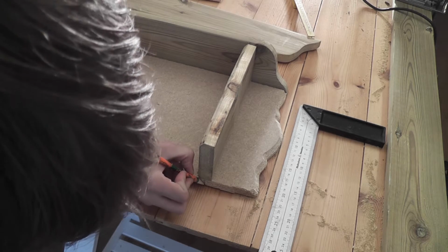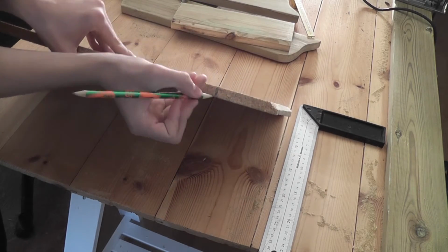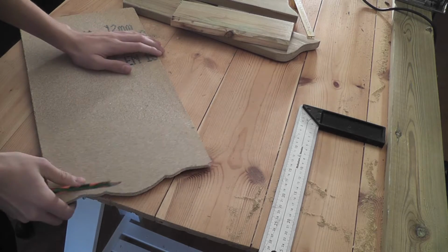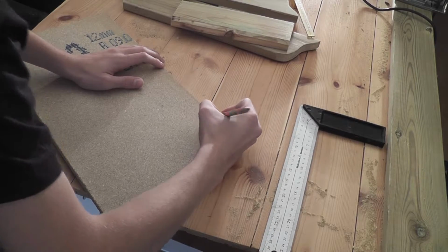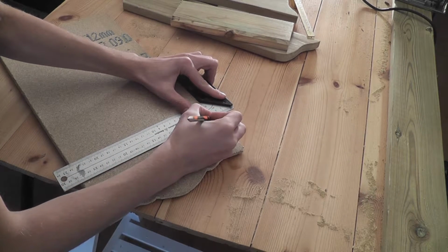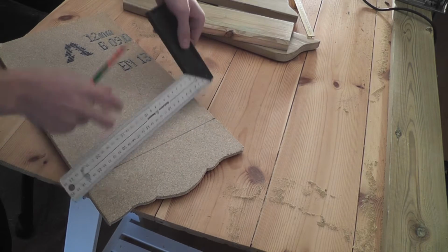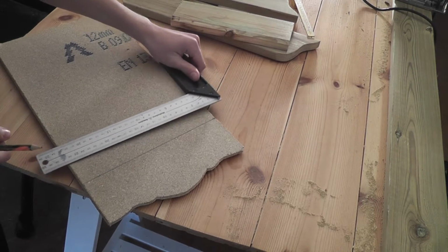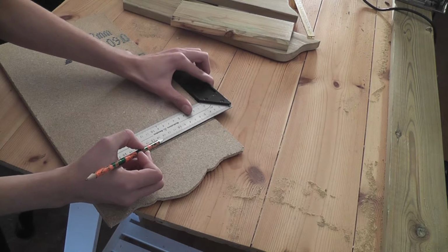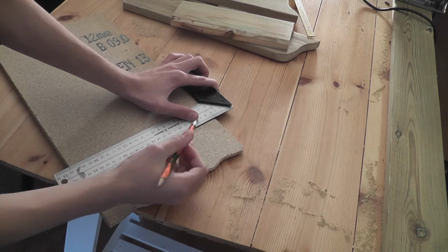I don't know if it's visible on camera, but let's hope it is. Then I got the line here, and I draw that in on here. I just have to check the camera that you saw. I think you can. And then we use this angle to draw this line across. You put this black edge here in the inner edge, align it up with the edge of the material. Then you align this edge with the line I just drew, and then I draw a perfect 90-degree line